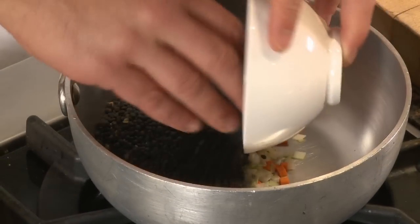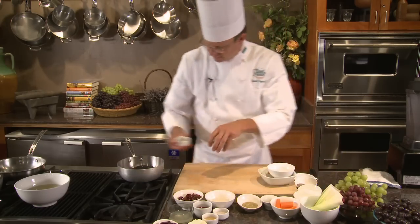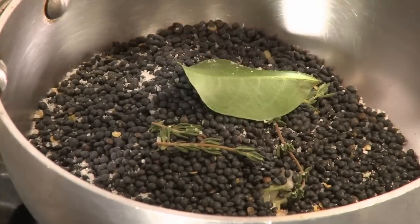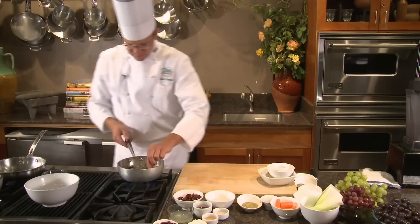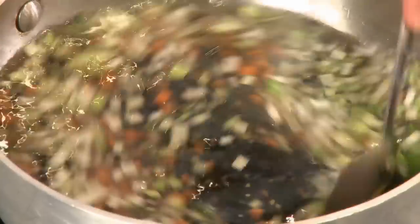Mirepoix, lentils, the thyme and bay leaf are aromatics, small pinch of salt, chicken stock. We're going to bring this to a simmer, put a lid on it, and cook for about 25 minutes until